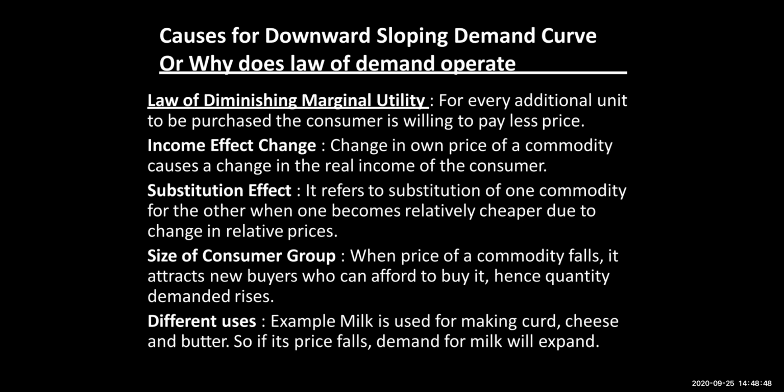Because you went to the shop assuming that it's going to cost you 100, but because of the fall in price of that commodity, it is costing you 60. So the remaining 40 is your real income. So with the fall in price of the commodity, the real income of the consumer has increased. So now the consumer can buy more of the commodity with that remaining income. That is called an income effect. So in that income effect also, we can see the inverse relationship. Fall in price, increase in real income.